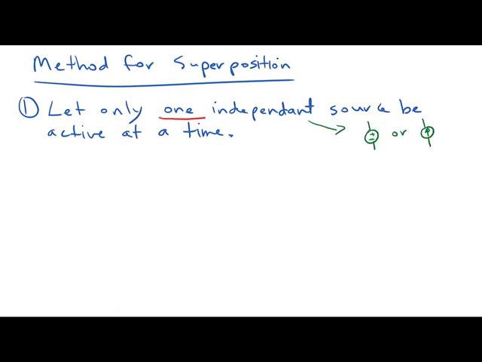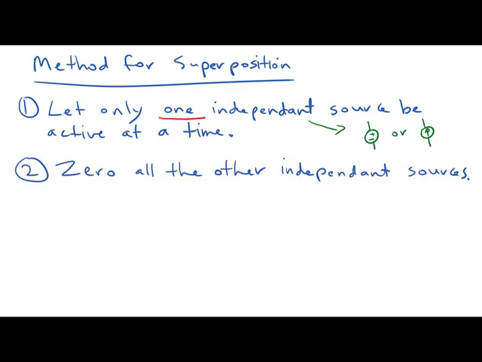And remember, the independent sources are the ones with the circles, a voltage source or a current source. So then, the second step is that we zero all the other independent sources. Important thing is we zero the other independent sources. And what does that look like? Well, how about for a voltage source? If we zero it, that means we make its value 0 volts, and